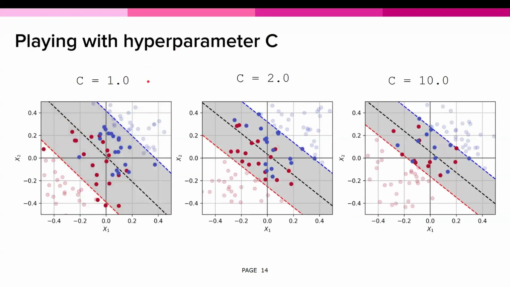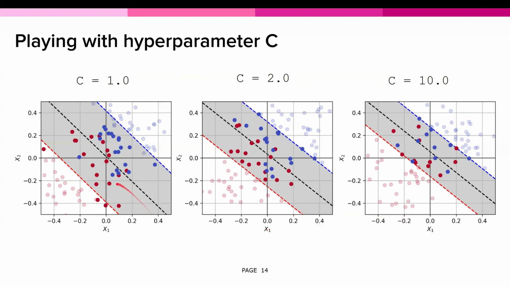Right, so let's play around with this hyperparameter C a little bit. These scatter plots depict the data as well as the solution using the soft margin SVM. These are the optimal decision boundaries for 3 values, C of 1, C of 2, and C of 10. I generated these data sets from the same parameterized distributions, but I just used different random seeds. Note that all 3 plots have the same axis limits, so you can directly